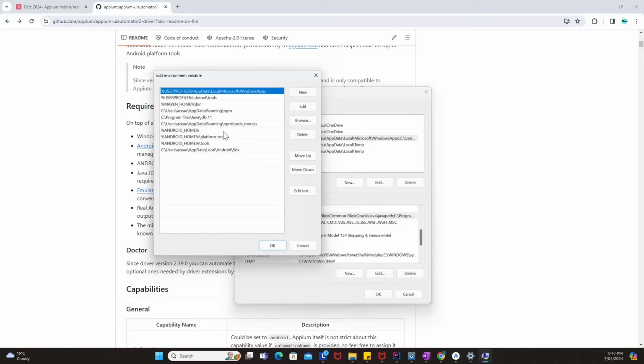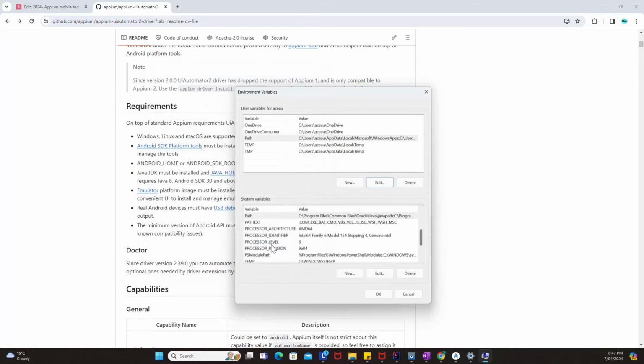Okay, so all three have to be added. And apart from that, what I have done is I have added the Android SDK path as well over here. Okay, so all four variables you have to add over here, and then click on OK, and then click